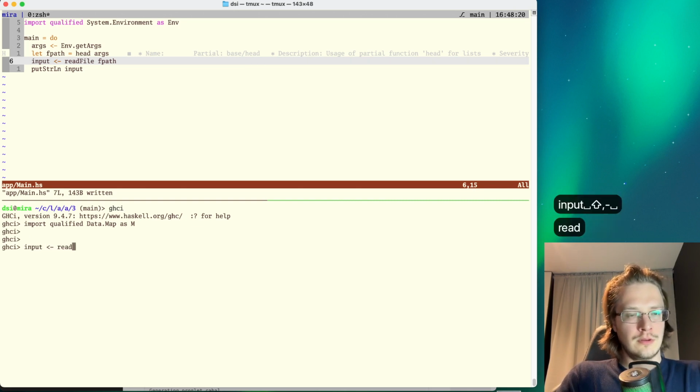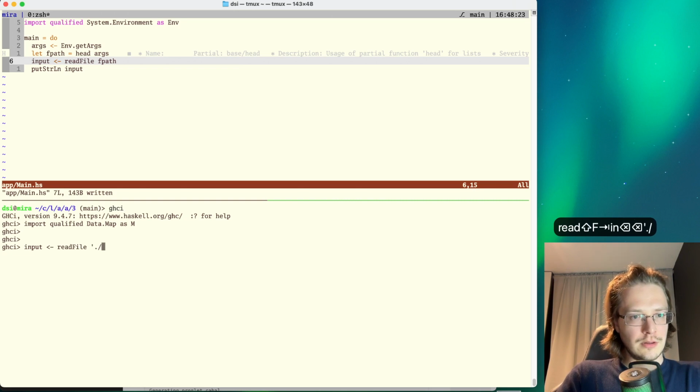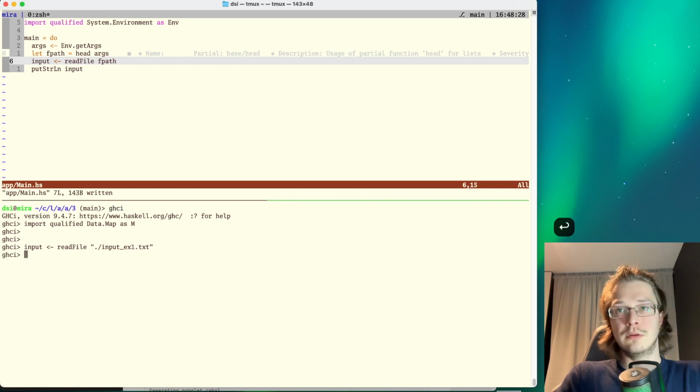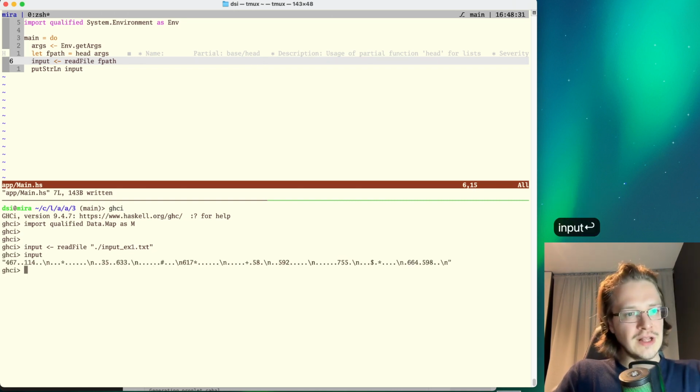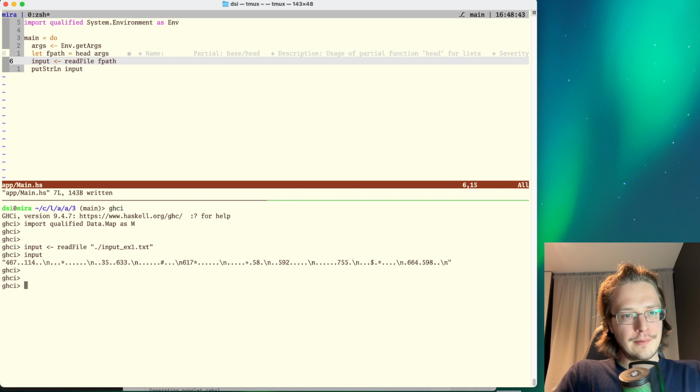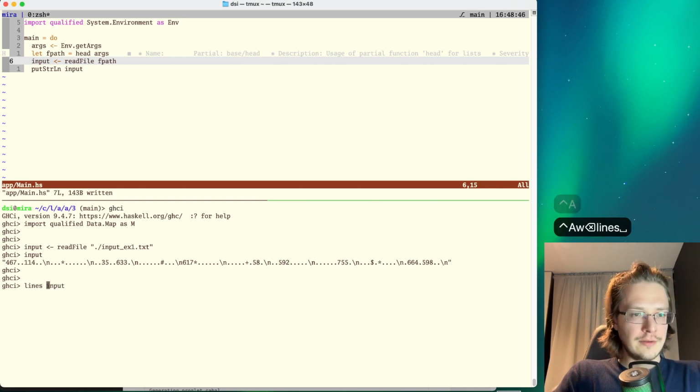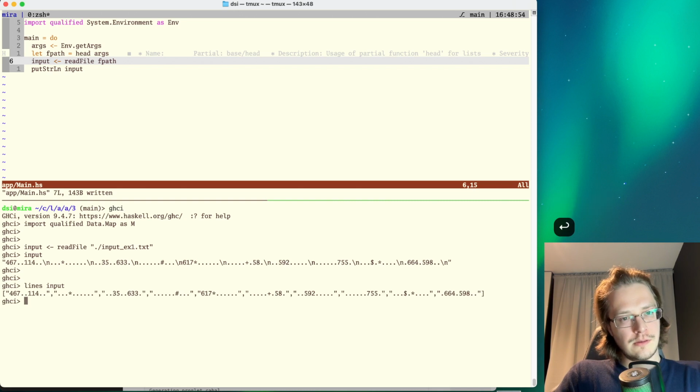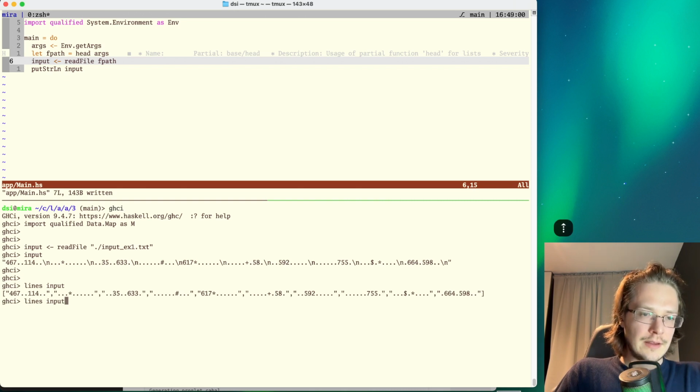And let's do the same with input file input x1.txt. Wow, it completes it. Let's look at input. Yep, that's good. What can we do now? So if we do lines input and map it with, not words. Okay, so now we have a list of lines,